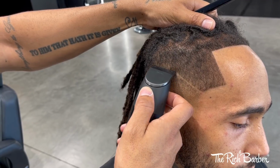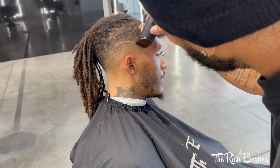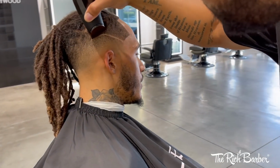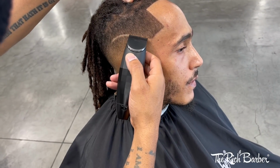Now for a little freestyle design. So I'm gonna just put something in there to get me started. And usually I just start playing off of this. And I also always look at his hair and see what his hair naturally has in it, as far as like